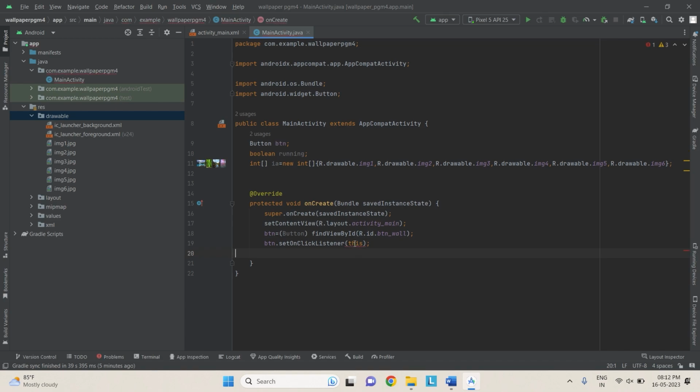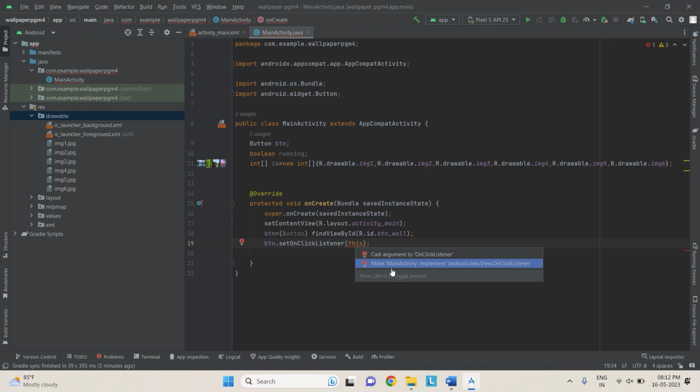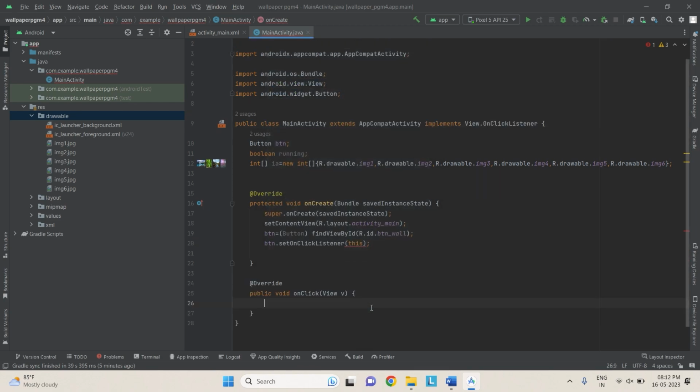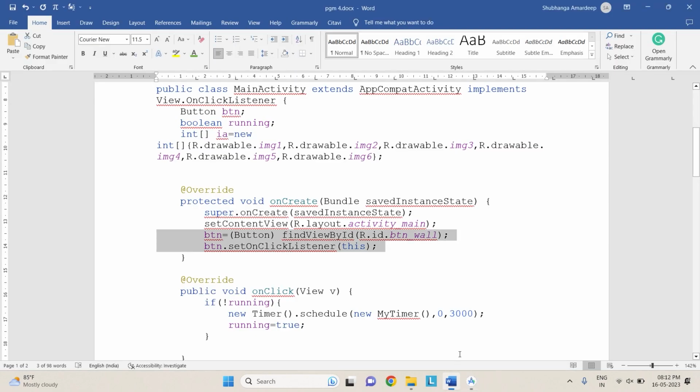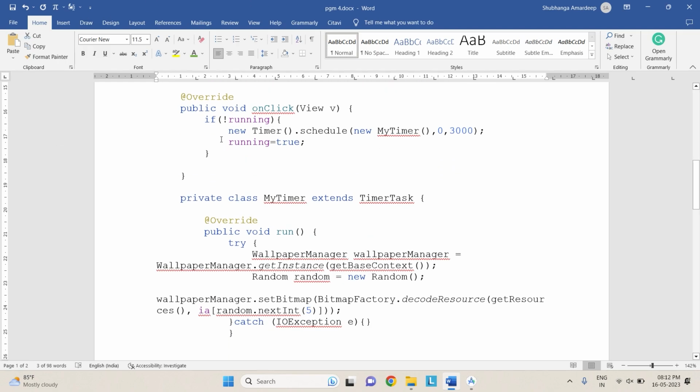As usual, we have to have the show context. Choose the second option, reference of this, as we have done in all other programs. I say okay, so it gives you the on-click view. In this on-click view, we have the actual program code where we are going to check if it is not